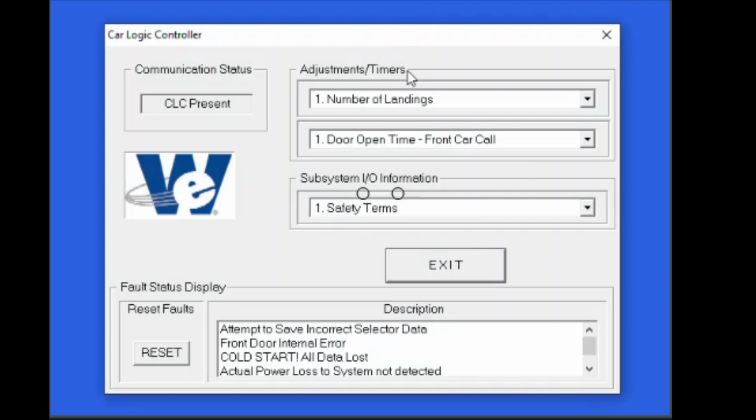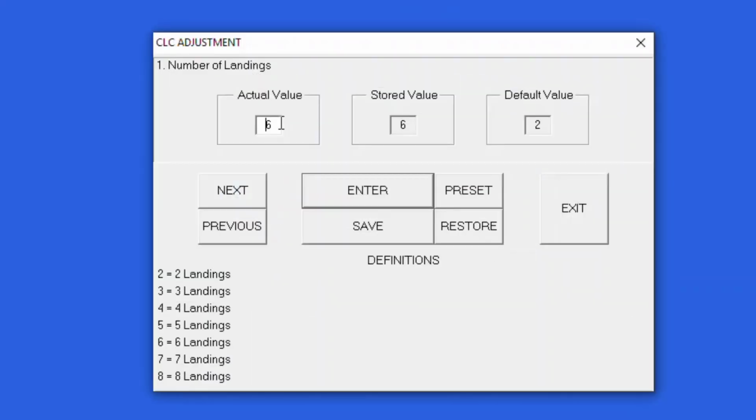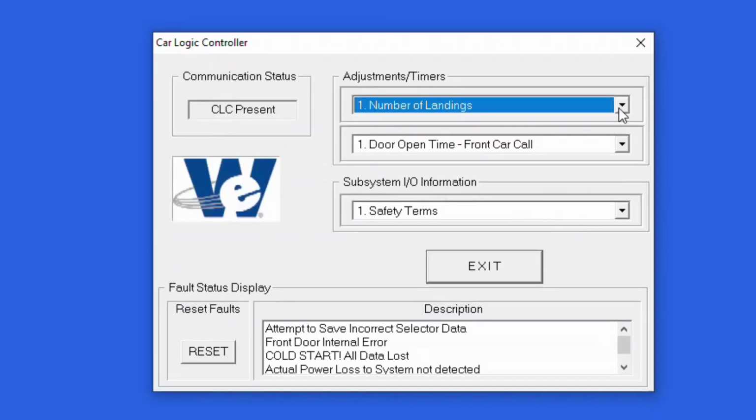The first adjustment you're going to have to make is adjustment number 1, number of landings. Since I'm currently working on a 3-stop, under actual value, I'm going to get rid of the 6, type in a 3, then I'm going to press the enter button, then the save button. Now I'm going to press the exit button and move on to the next adjustment, which is adjustment number 12,